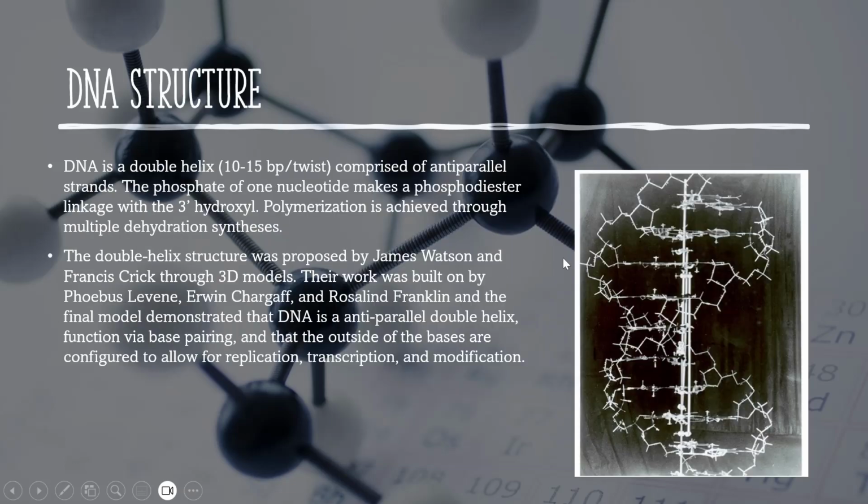Here, the phosphate of one nucleotide makes a phosphodiester bond with the 3' hydroxyl, and then you have polymerization through multiple dehydration synthesis. So dehydration synthesis or condensation reactions. Like I mentioned, dehydration synthesis or condensation reactions are how you polymerize monomers into polymers. So this double twist, this helix here tends to be 10 to 15 base pairs per twist. And then Watson and Crick